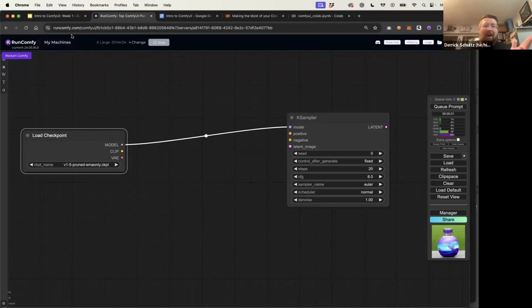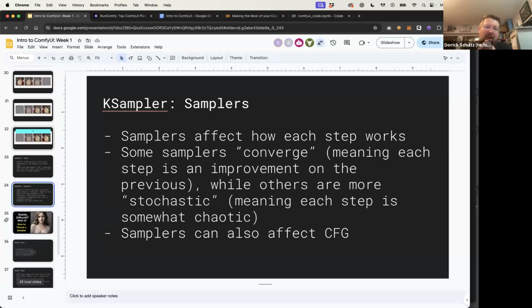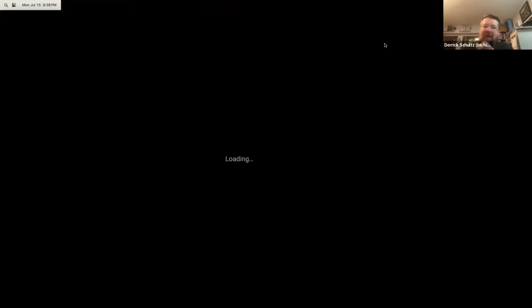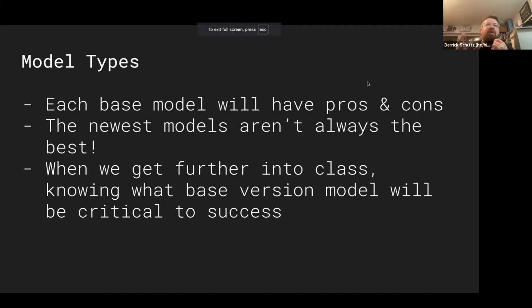Let's talk really quickly about models. If you've never played with Stable Diffusion, you might not know what each one of these models means or what their pros and cons are. So I've got a couple slides here just on how models work, or the main model types. The thing to remember is each model will kind of have its own pros and cons. You might think, oh, let me just use whatever the latest Stable Diffusion model is. But I can tell you, most of the Stable Diffusion community hates the latest models, and they all love 1.5.